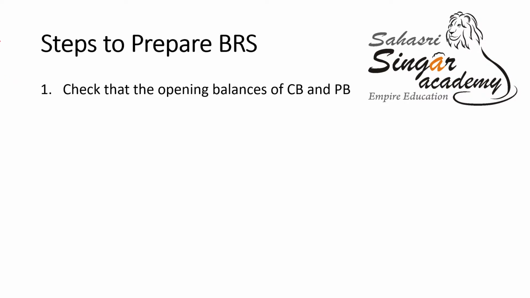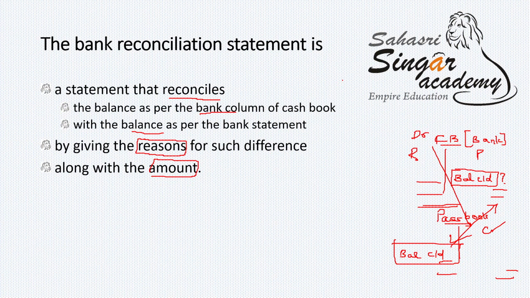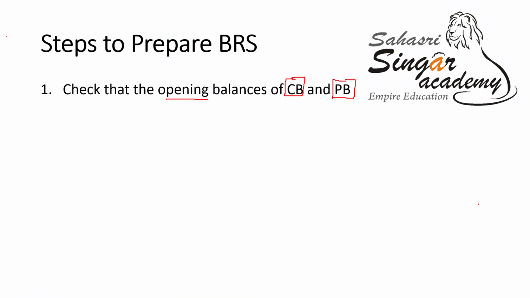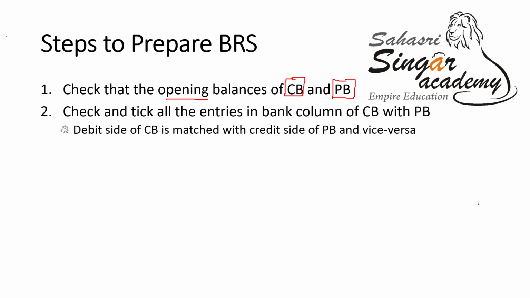The comparison starts with the opening balances of the cash book as well as the passbook. It should match. Sometimes it may not match. Here, if these two balances are not matching, naturally the opening balances of the next period will also not match. That's practical life. That's how it comes. Check the opening balance of the cash book with the passbook,